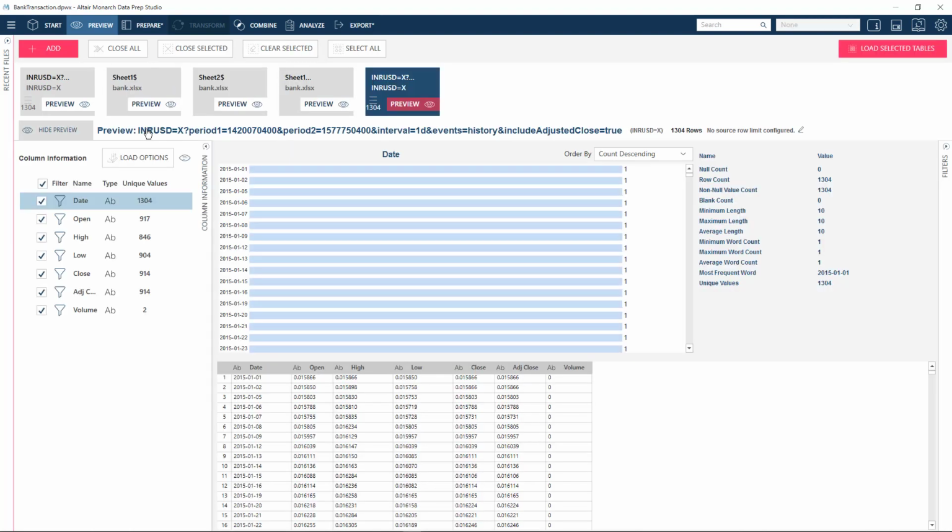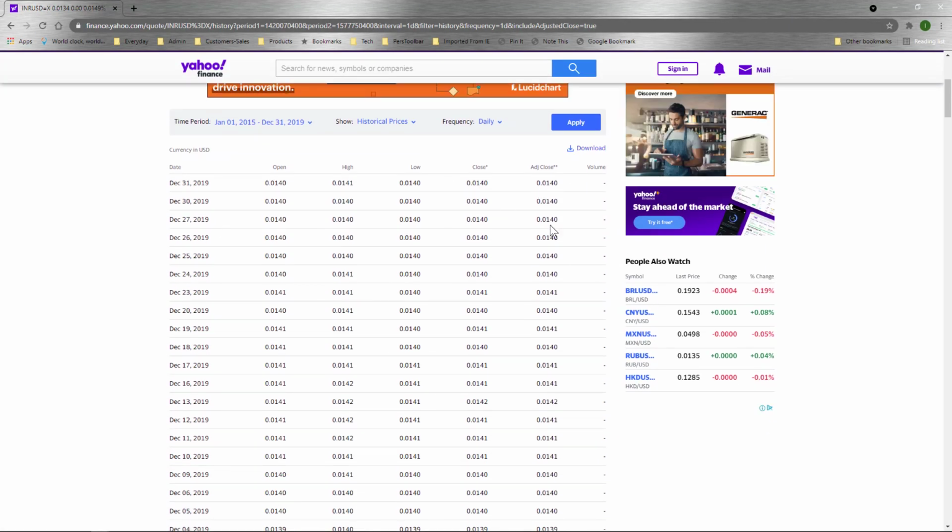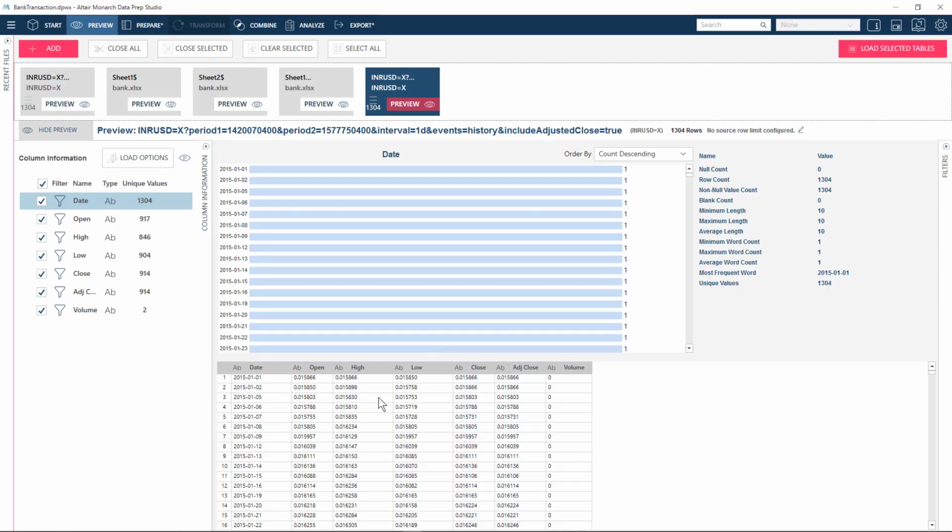Now we look at the preview and we check the columns, the date, open, high, low, close, and we switch back to the Yahoo website and just check the date and pricing columns as well. So the preview is very useful. We see the unique value of the data,